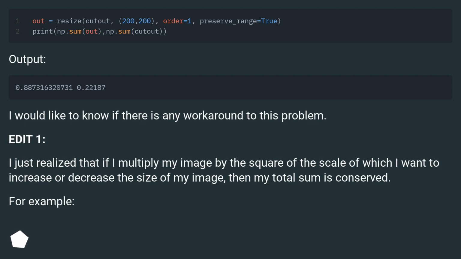Output. I would like to know if there is any workaround to this problem. Edit 1: I just realized that if I multiply my image by the square of the scale by which I want to increase or decrease the size of my image, then my total sum is conserved. For example,